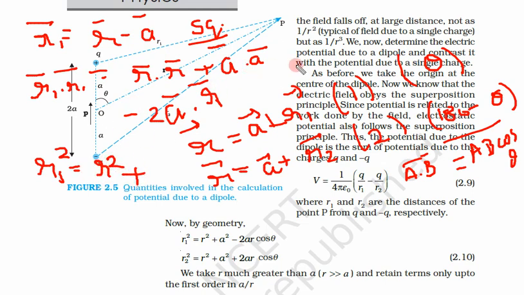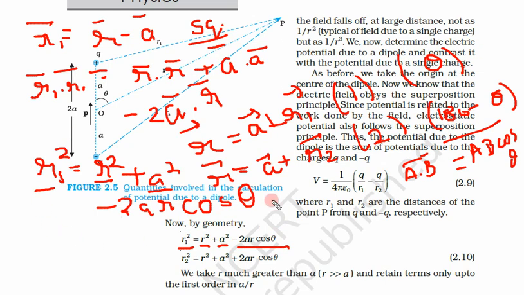This one is A square. The angle between A and A is again 0, so A square. Minus 2, the magnitude of A is A, the magnitude of R is R. Now the angle between A and R in this first condition is theta, so it is simply cos theta. So here you are at the equation R1 square is equal to R square plus A square minus 2AR cos theta. So this is your equation number 1.